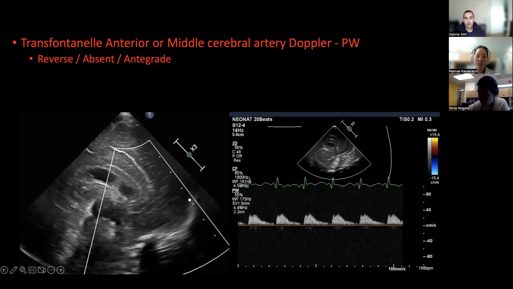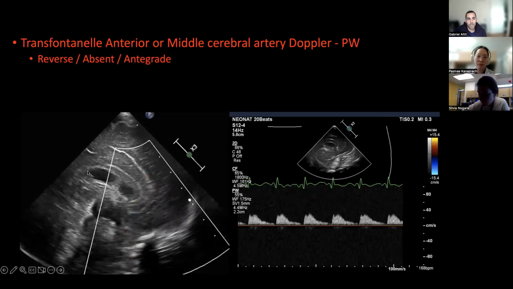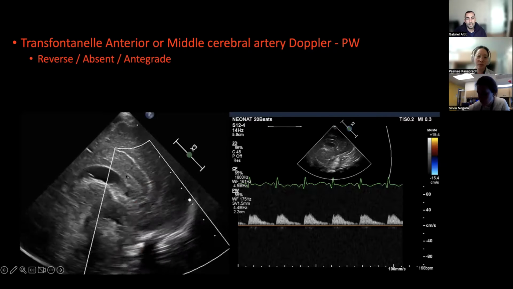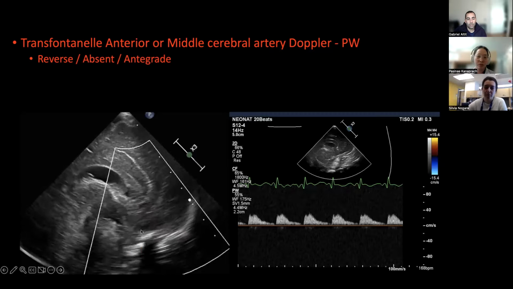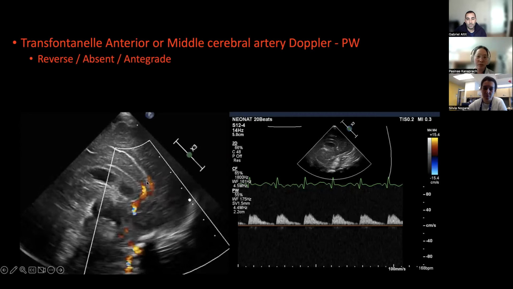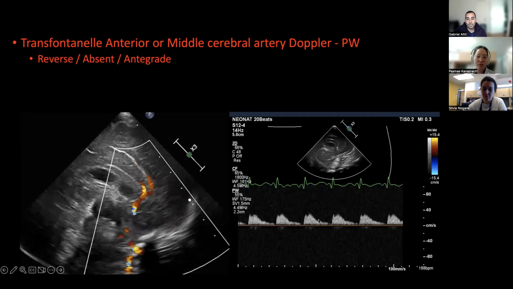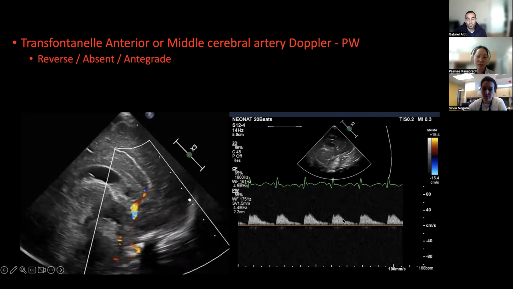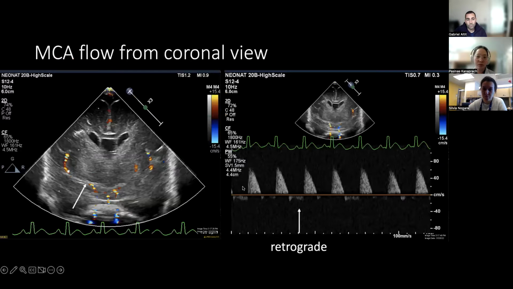Similarly, this is a view of the transfontanelle head ultrasound, where here we're obtaining a view of the ventricle, and you have here the anterior cerebral artery and even the pericallosal artery. And we can also do a pulse wave Doppler, and here you can see that there's actually continuous flow that is forward in systole and diastole, versus in this particular baby where I'm doing the coronal view, so I'm doing the cross-sectional view here,